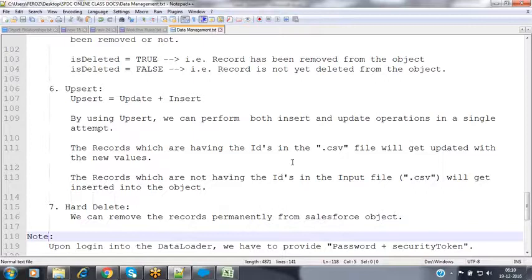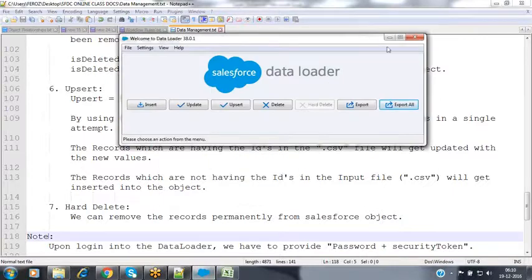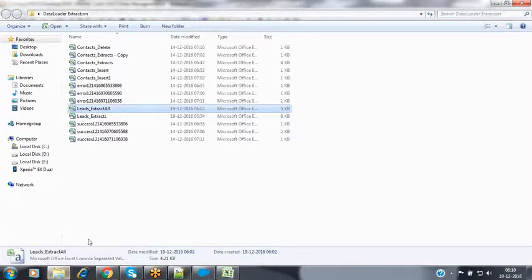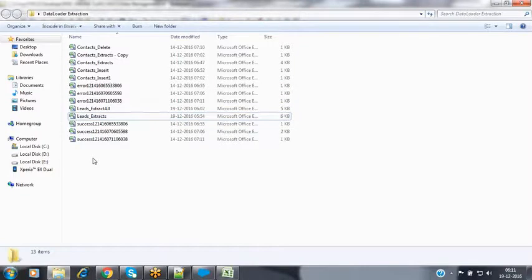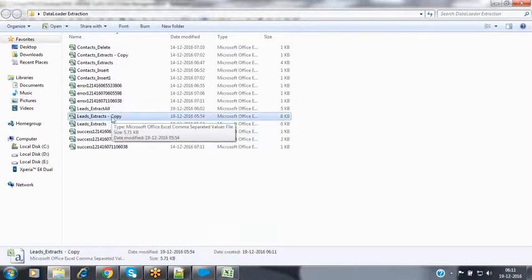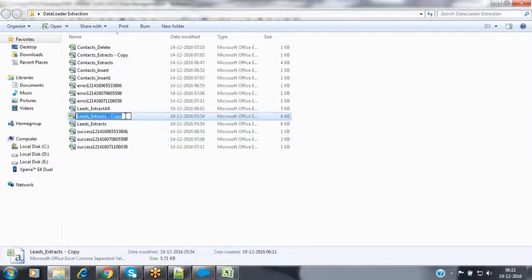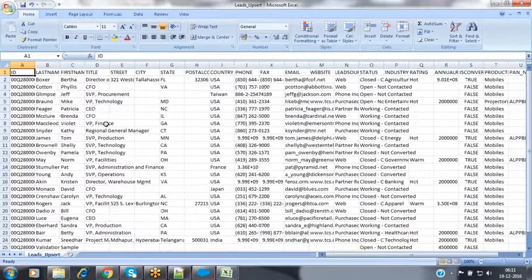Now let's see how we can perform these operations right now. Let's take the lead object here. Already we have exported a few lead records. I'm using that lead extracts copy and changing the file name to Leads upsert. Open that file.